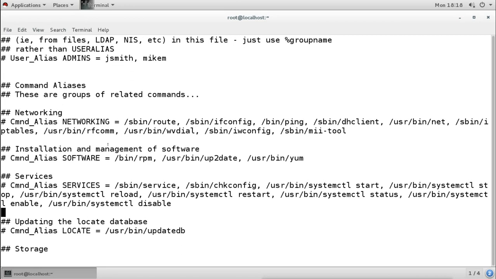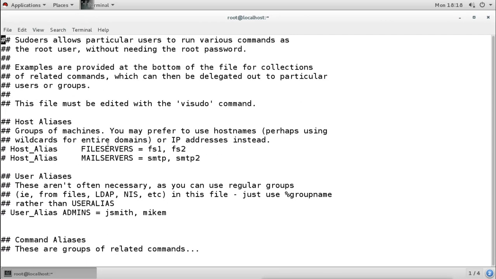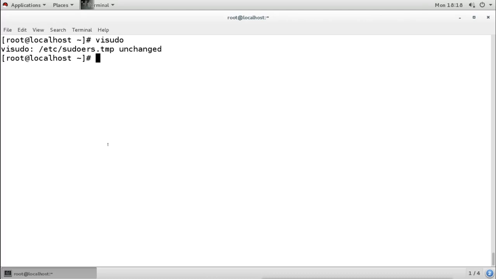Now if you want to see it in colors, this same file, and you want to edit it, what can we do? We can open the file directly. The file is under etc, there is a file called sudoers. When we use the visudo command, it opens it in the default editor. The default editor is vi, so either we can change the default editor to vim, or we can open it directly with vim.